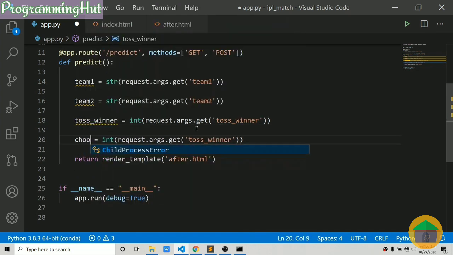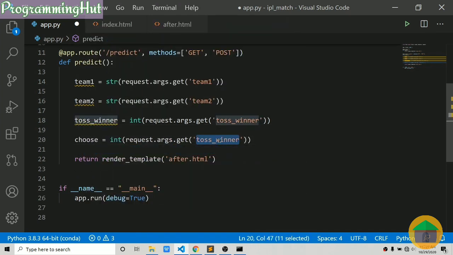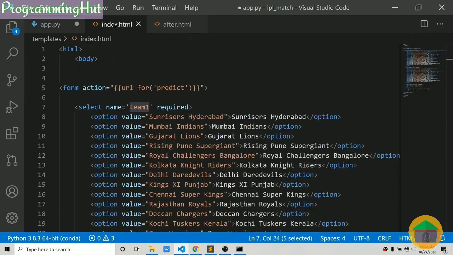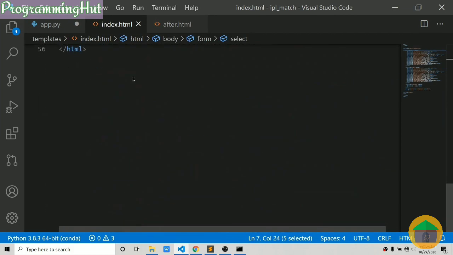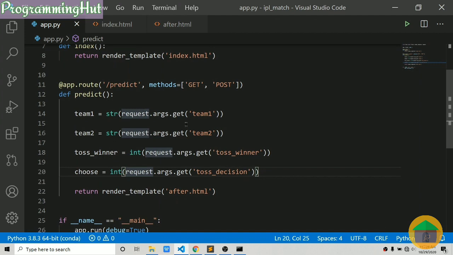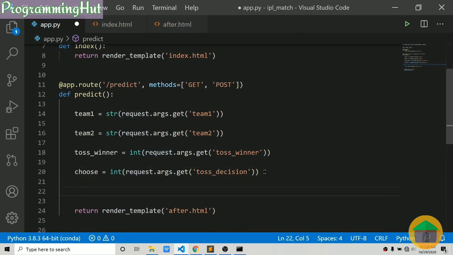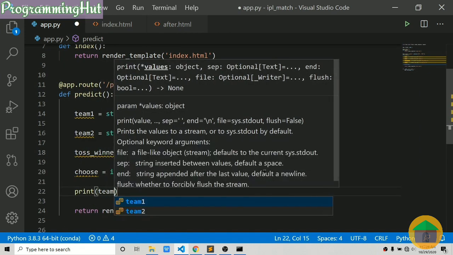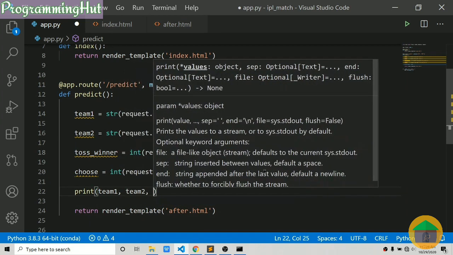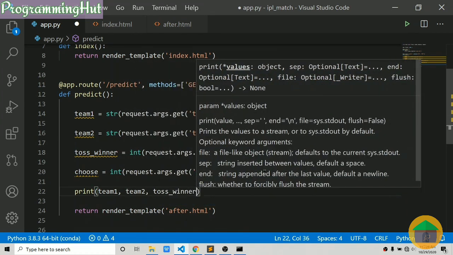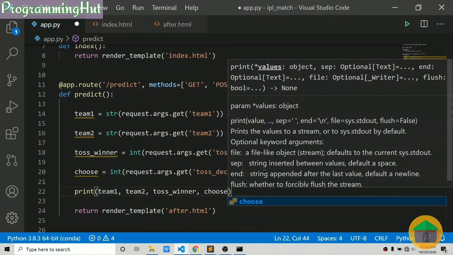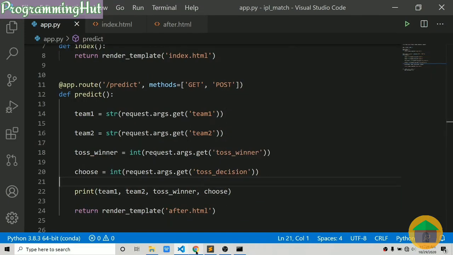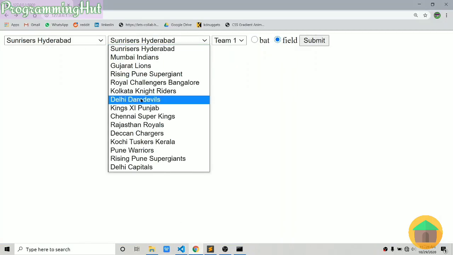We can say choose, and actually the name for that is the toss decision name. Now we can save this, and to find out if it is working, we can print all of them: team1, team2, toss winner, and choose. Let's save everything and press submit over here.